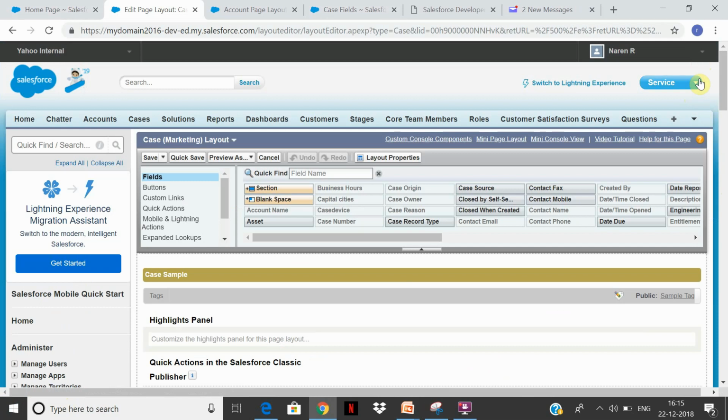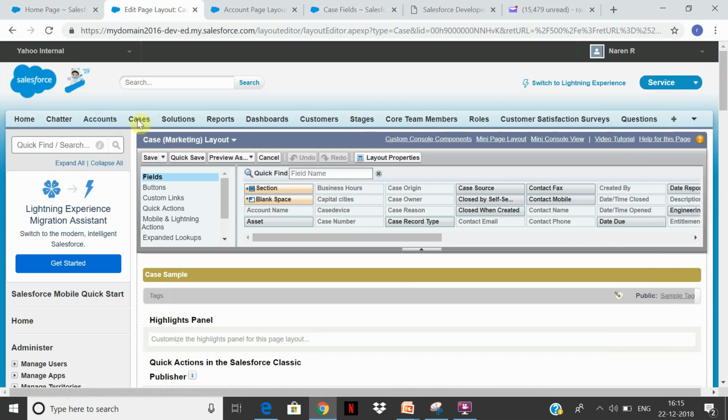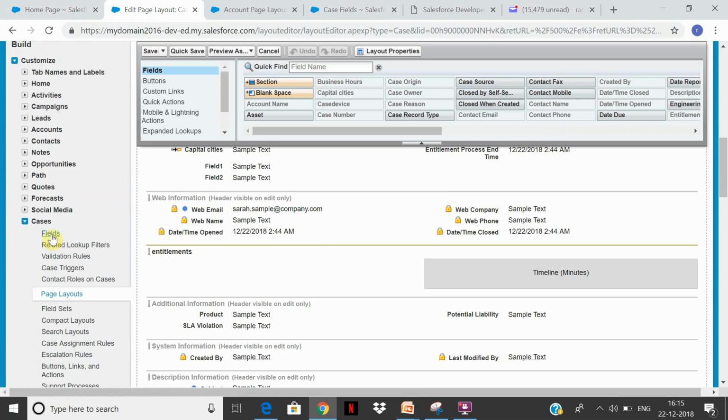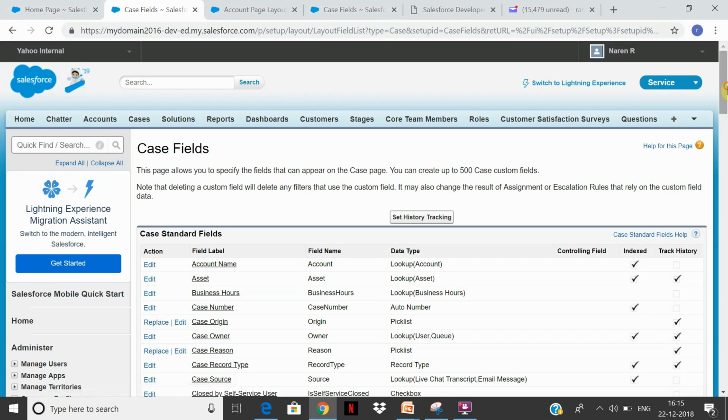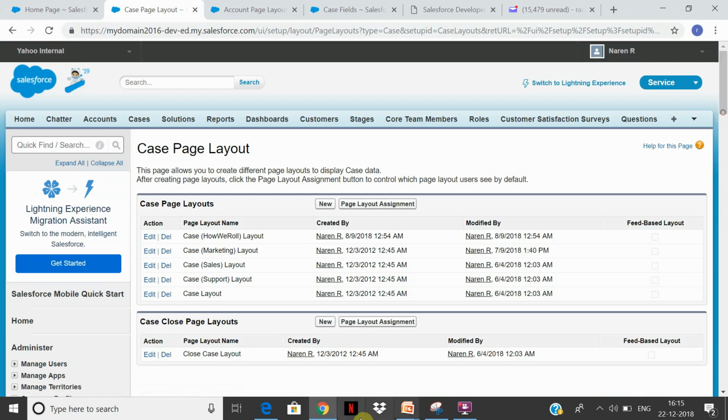This is the fourth part of it. The first is the application, second is the object, tab, and the tab maps to an underlying object, and this object will have fields, and once you create fields, you have to expose them via the UI called page layouts, correct? So you're going to use these page layouts to show the data. So that's the basic application roundup.